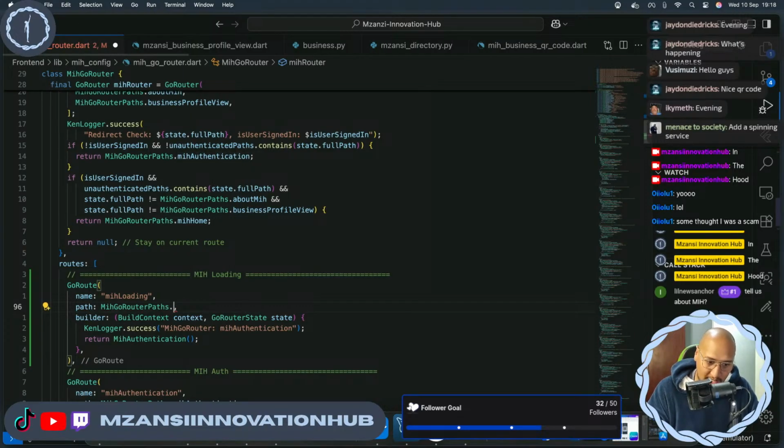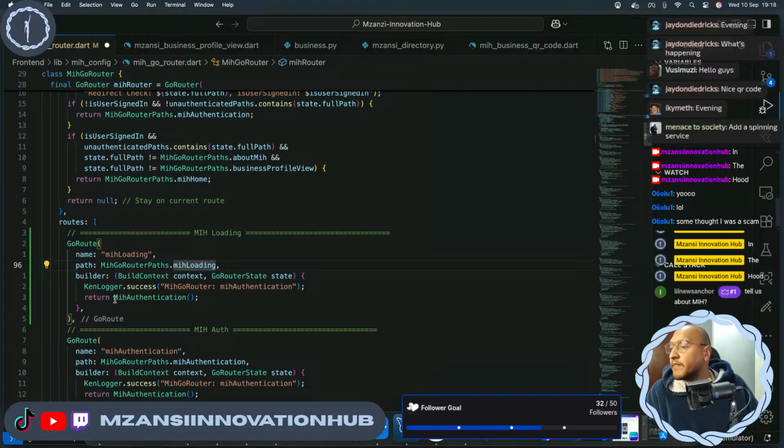Change inside word, MIH loading. Cool. And then